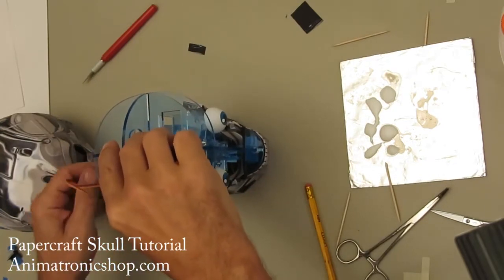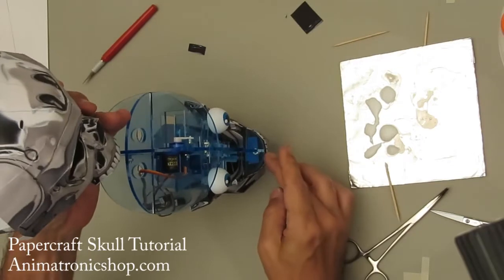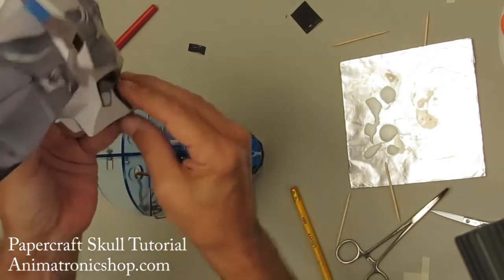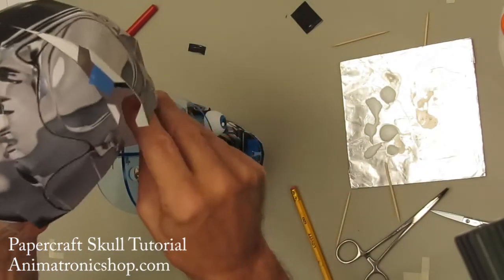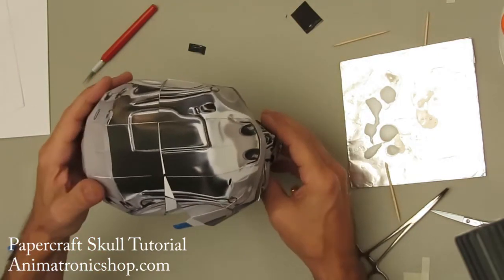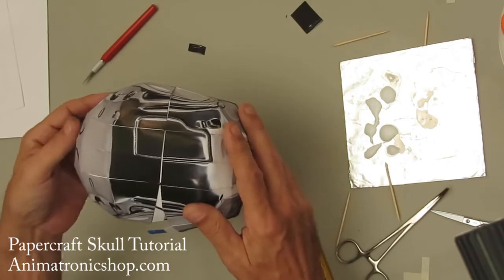And now, if everything goes just right, I'm going to slide the head on. So the head's going to slide on down, and I'm going to make sure the piece of tape is up on the top. And I want this flap to be on the bottom of that upper mouth. That's my target. So I'm going to open this up a little bit, and I'm going to gently, not too hard, because you don't want to go destroying them now after all of this work. And I slip that flap of that mouth